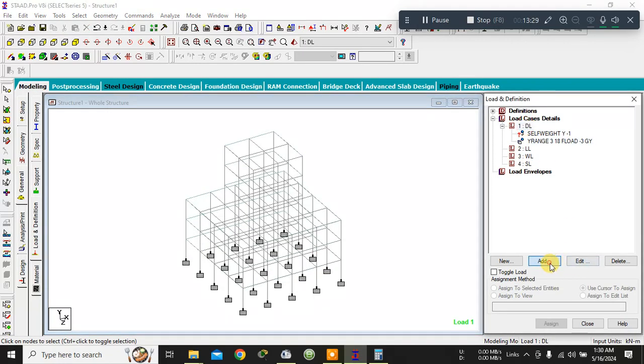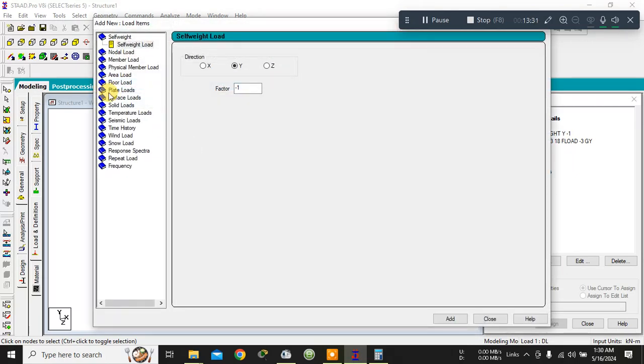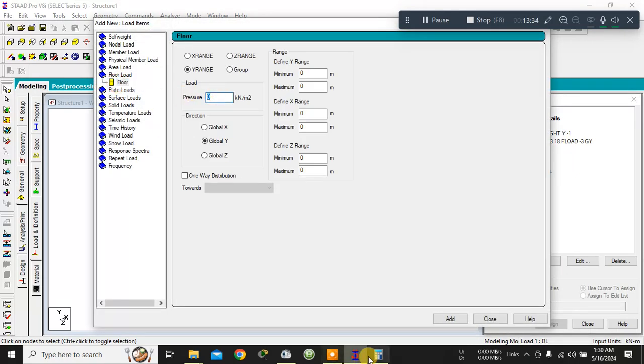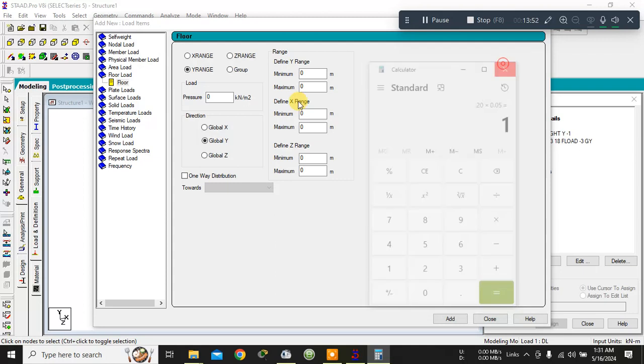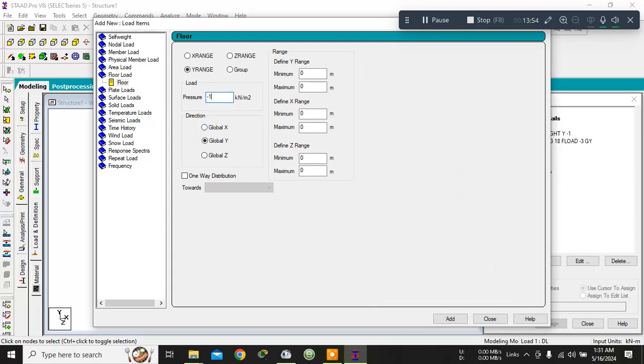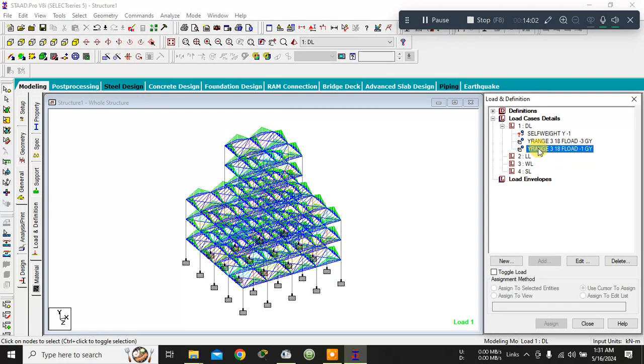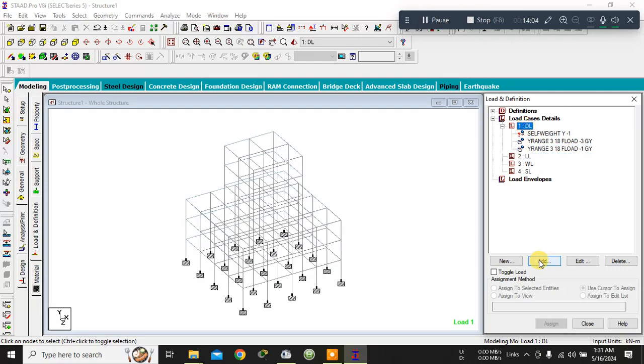After that, let me again add for the floor finish. Again floor load. What is the floor finish load? So 20 is the unit weight of mortar into 50 mm. So 1. So minus 1 is the floor finish. Again 3 to 18. Add it. So again 3 to 18. Now I have to add for